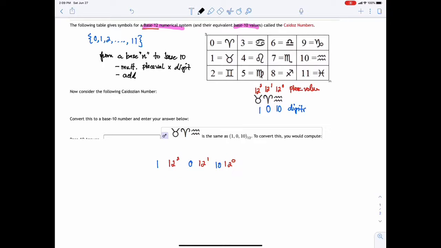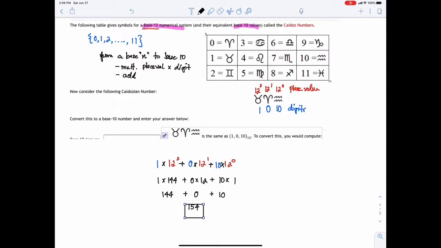What I'm going to do next is multiply each place value with its digit. So multiply, multiply, and multiply, and then I'm going to add them all up. So 1 times 12 squared is 1 times 144, plus 0 times 12, plus 10 times 1. 1 times 144 is 144. 0 times 12 is 0. Plus 10 times 1 is 10. So this is 154